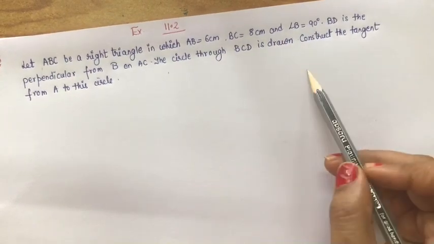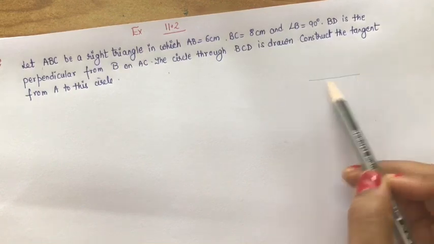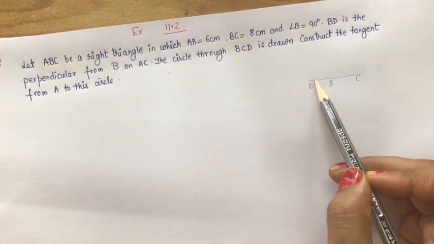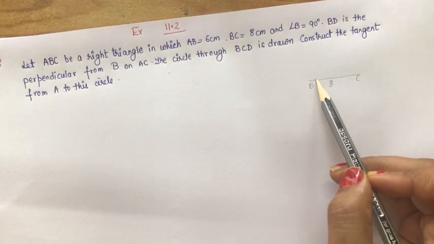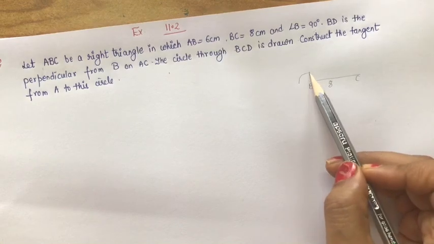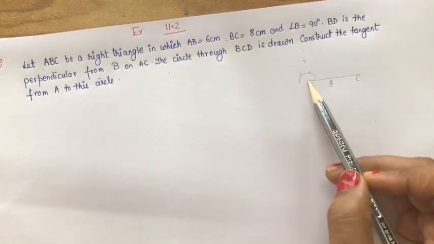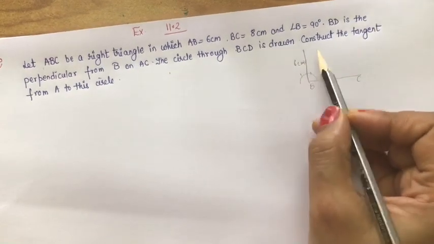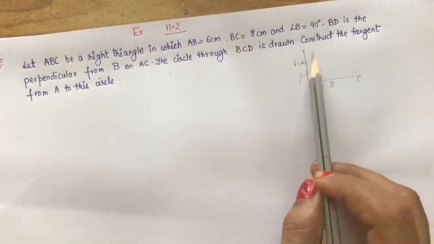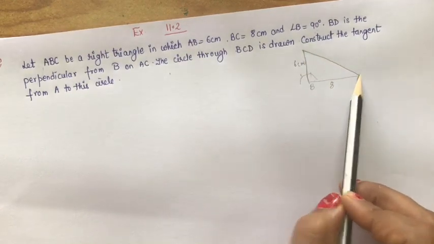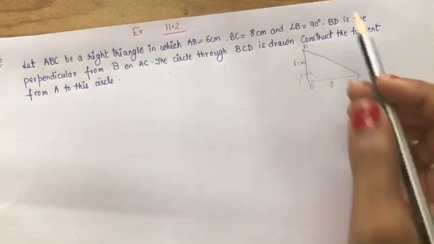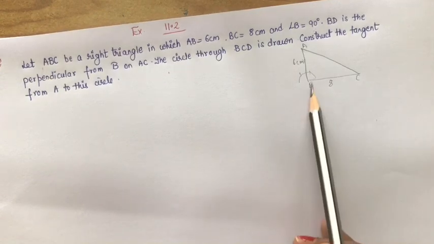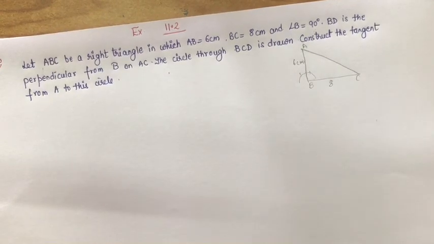So first we'll draw BC, see rough construction. BC will draw, this will be of length 8 centimeter. On B we are going to draw 90 degree. You know how to draw 90 degree? We'll draw an arc, we'll cut it, bisect it. So this will give you BA and this length should be of 6 centimeter. We can use the scale and then we will join these two. When we'll join these two, this will be our triangle ABC. So first we'll do till here, then I'll explain you further. So starting with making BC as 8 centimeter.